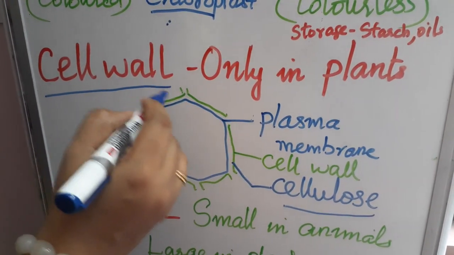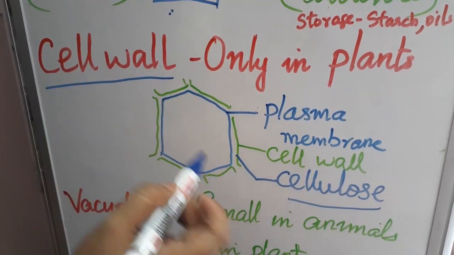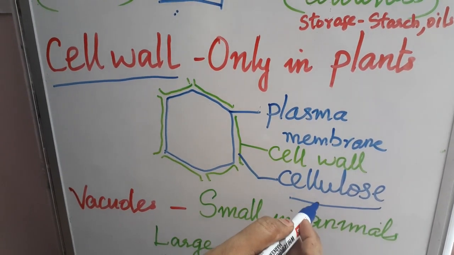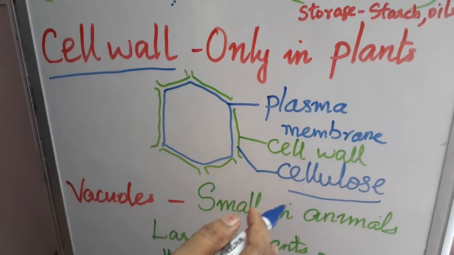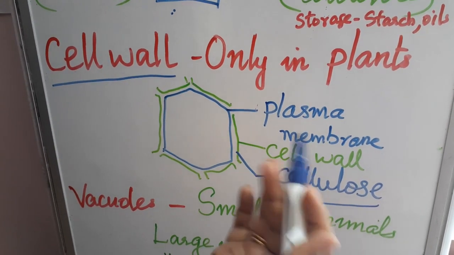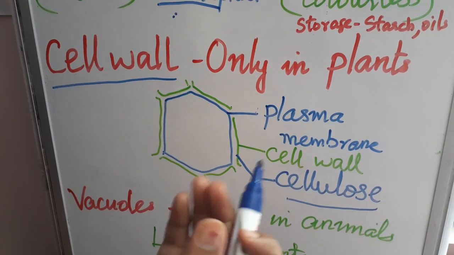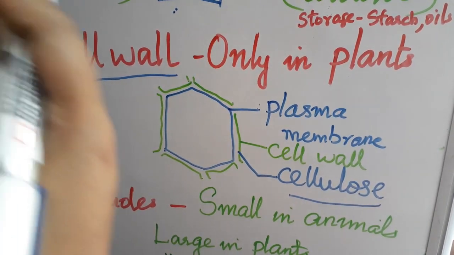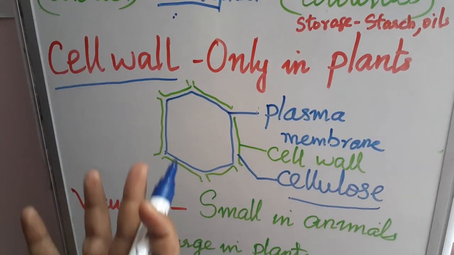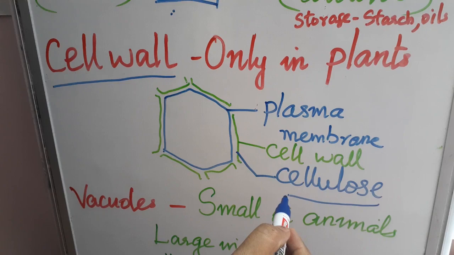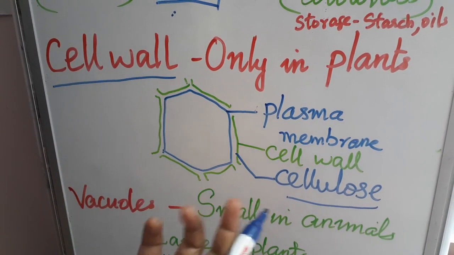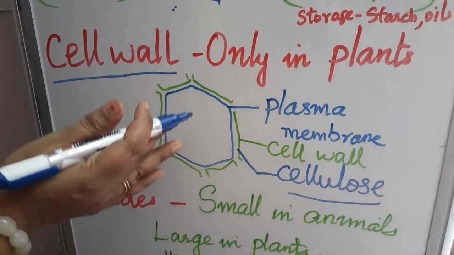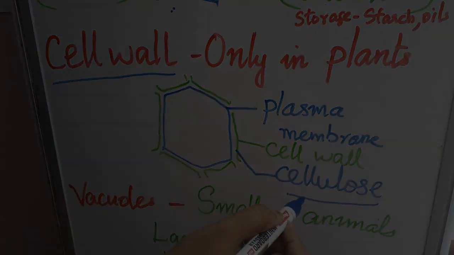So the difference between plant cell and animal cell is that in the animal cell we cannot see cellulose. In a plant cell only we can see cellulose. That's why it will take time to digest also. That is why you can see cows and goats chewing every time. That is to digest the cellulose. It is very thick material, thick tissue, so it will take time to digest. So the plant cell only contains cellulose.